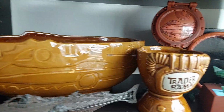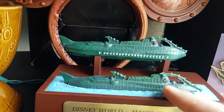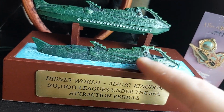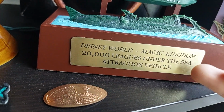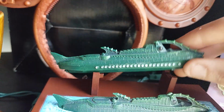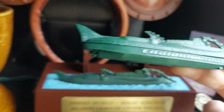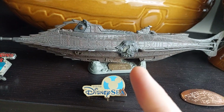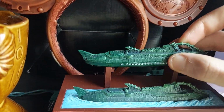You come here, we have a model of, I think, supposed to be the ride vehicle that was here in Orlando, Florida, but it gives the vibes of the film, how it looked in the water, because this is a representation of the attraction vehicle from the Magic Kingdom, but the top one is 100% obviously the ride vehicle. It has many portholes, because if you've seen the movie, you know it just has the main porthole, of course. But anywho, the ride vehicle here, and this one's cool because it opens up,